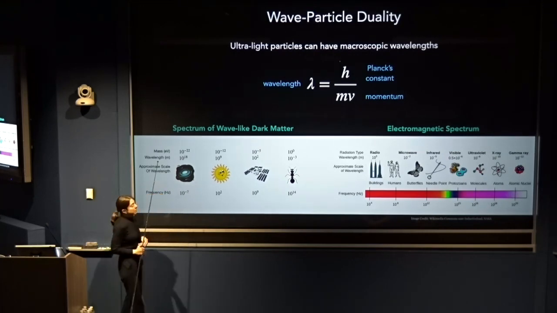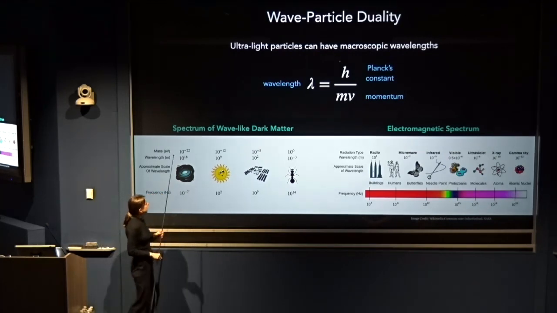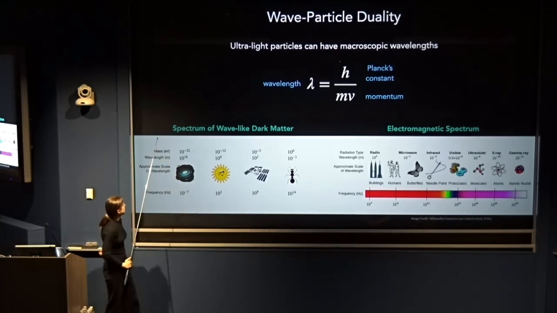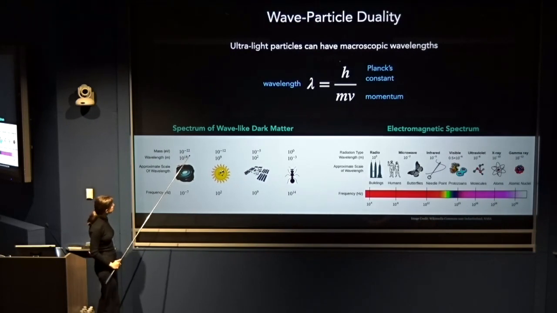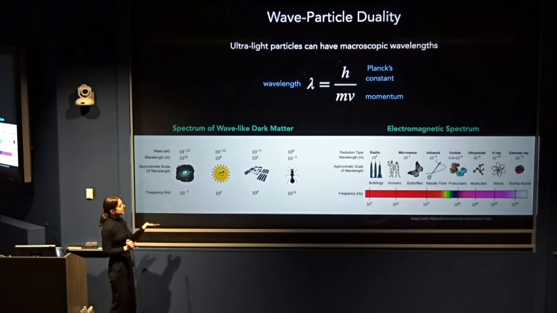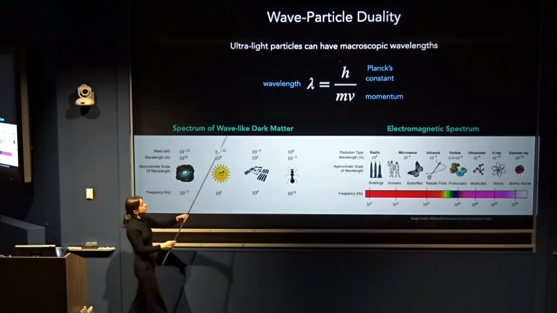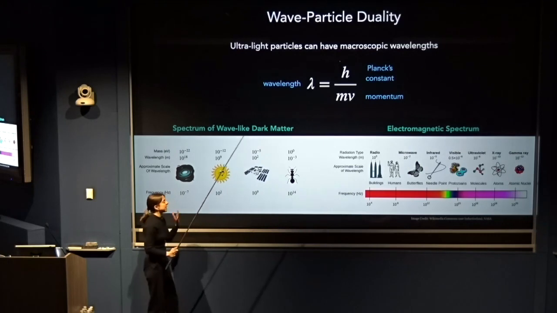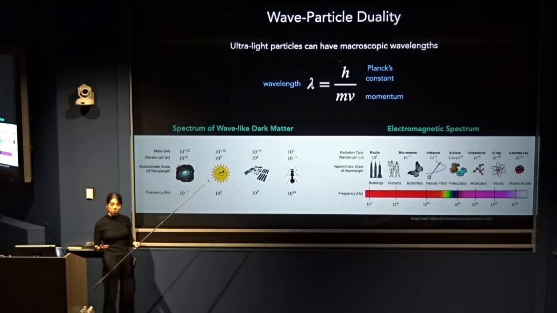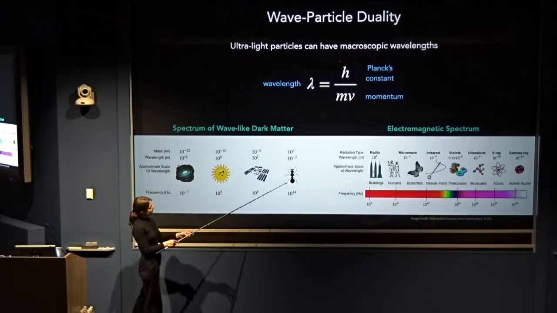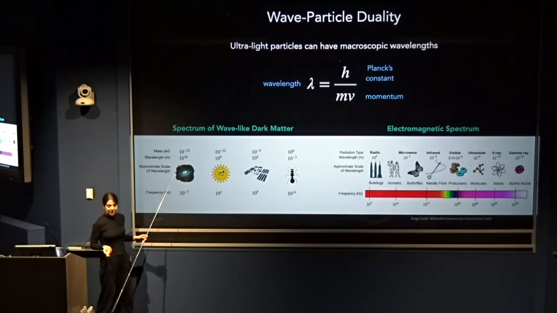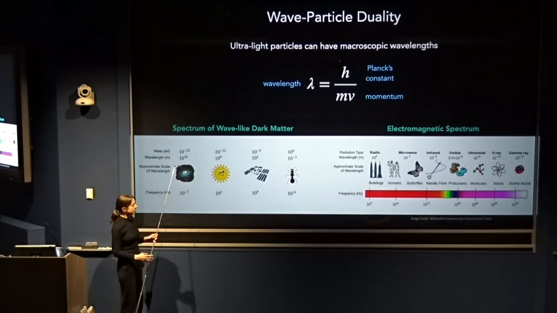And the kinds of masses that we'll be talking about this evening are masses that range from about an electron volt all the way down to 10 to the minus 22 electron volts, which, if you're not familiar with those units, I can rephrase in terms of wavelengths instead, essentially just using this relationship here, right? For any mass, I can restate things in terms of a wavelength. So we'll be talking about waves that go from wavelengths about the size of an ant all the way to wavelengths about the size of a galaxy. So that's the range that we're going to be focusing on.